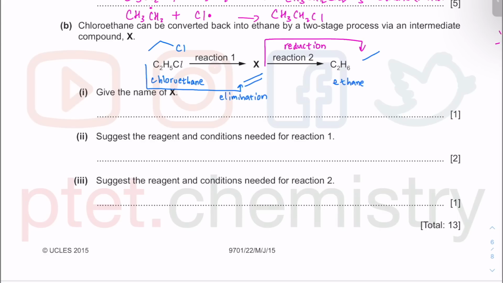Any other way you can do this? There could be another way. There will be Cl, and then you could get OH, and then you could get like that. No, but that is not the alkane, that is the alkene, because here I have done substitution. This is hydrolysis or substitution,